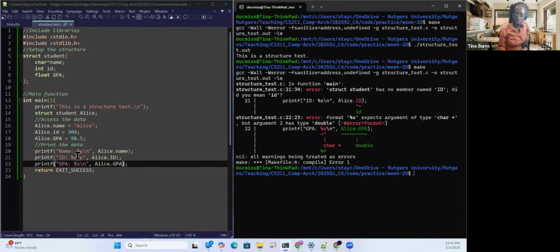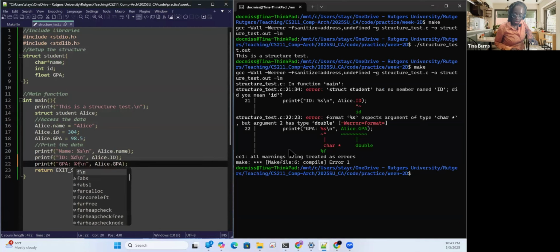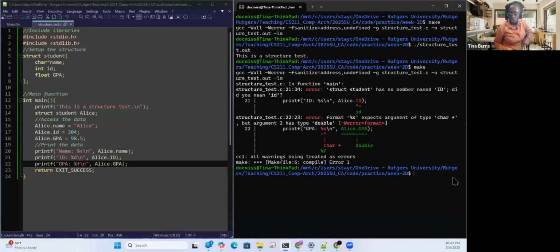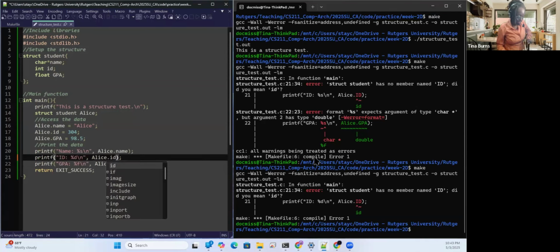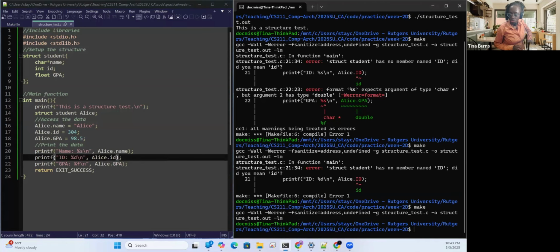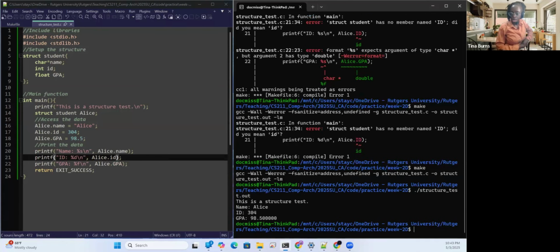All right, we got a few errors here because I did not change that. This is going to be an integer, so that's going to be %d. This is going to be a floating point value, so that's going to be %f. Very simple changes there. Oh, and our ID identifier here is actually lowercase. So let's make that change. All right, we have made that change, and we can go ahead and run this file,